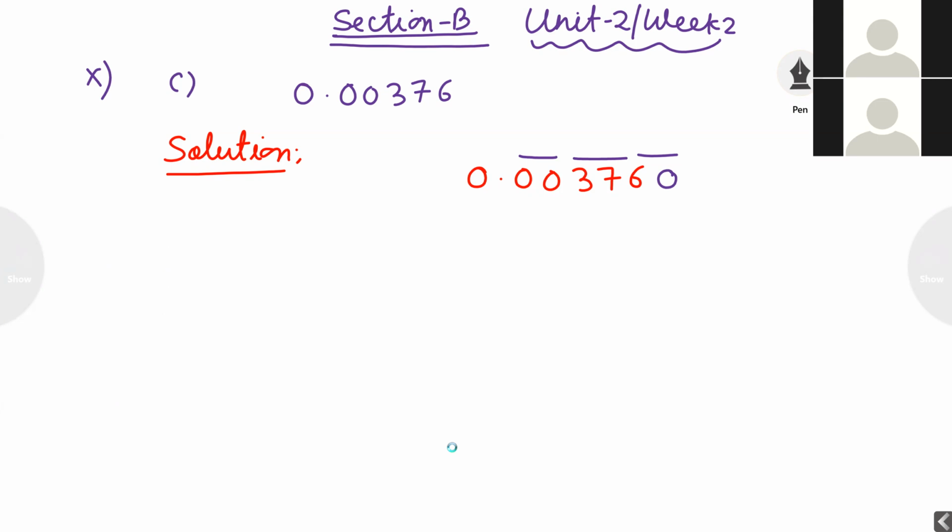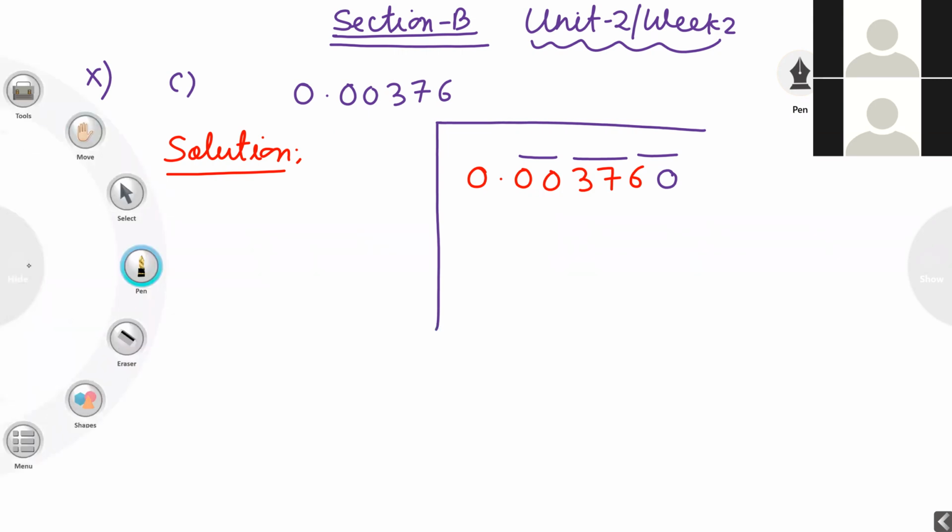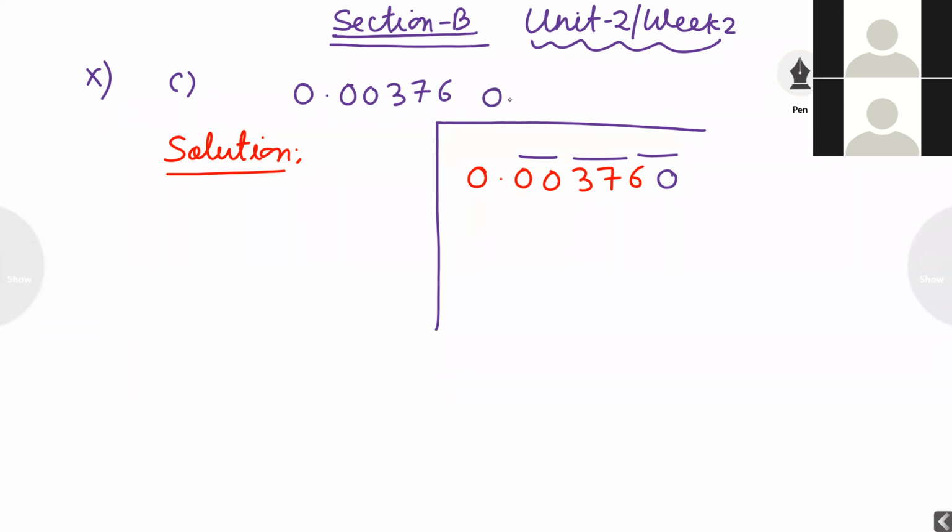Okay. Now I want to find the square root of this number. Students, you are observing that after the decimal point 00 is there, which means 0 I can write in pair form, and directly I can write here 0.0. Now this 00 is completed. Next, 37 is there. Which squared number should I take? That value will be less than 37. I want to take 6. I will write 6 in three places: here, on the top, and down.